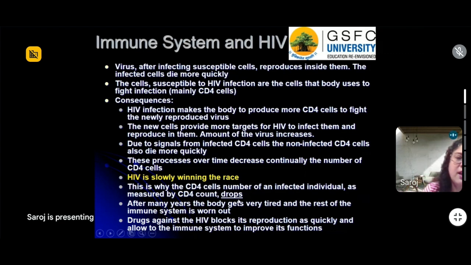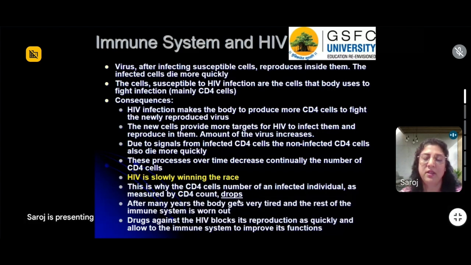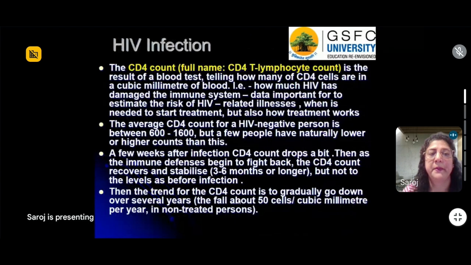And that is the strategy the drug companies are using. We know that we can't do much in terms of stopping HIV itself. So what we do is block the reproduction of the virus as quickly as possible. If HIV infection is detected very early, it is easy to treat, rather than cases where it is detected very late, when the virus has taken over your immune system and it becomes very difficult to treat.